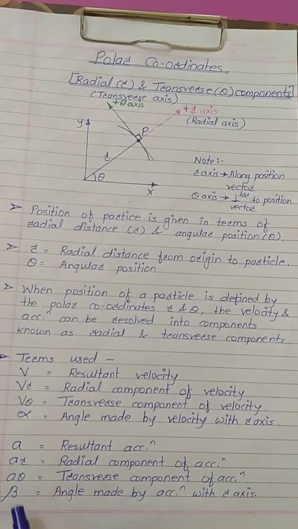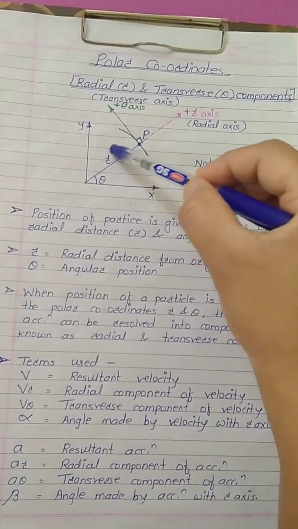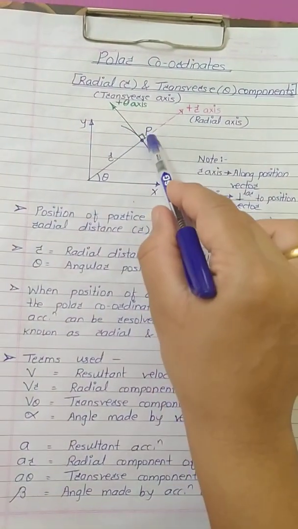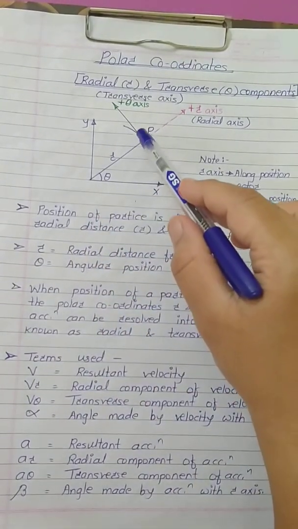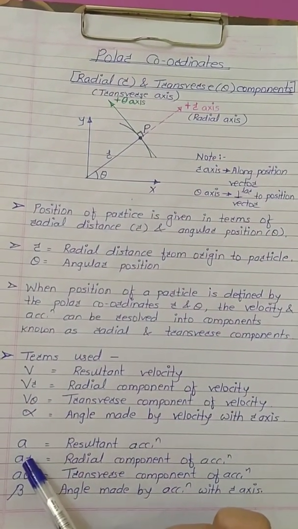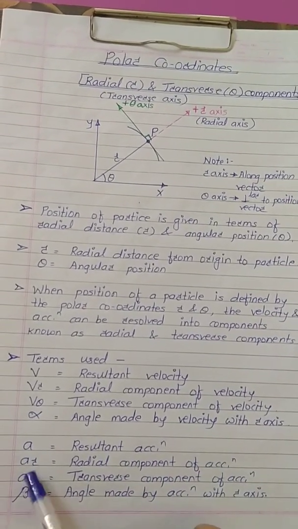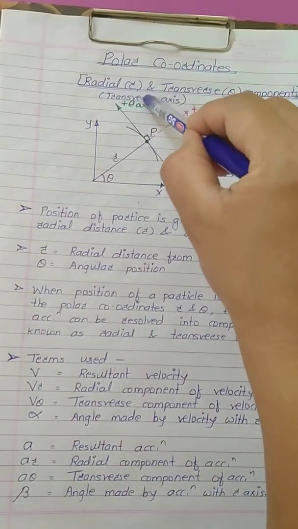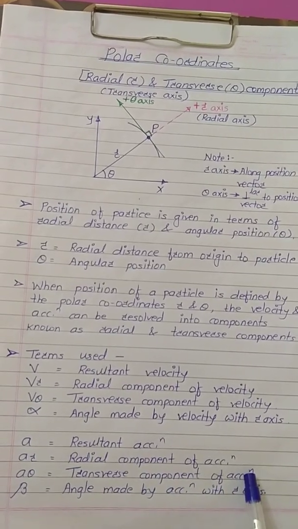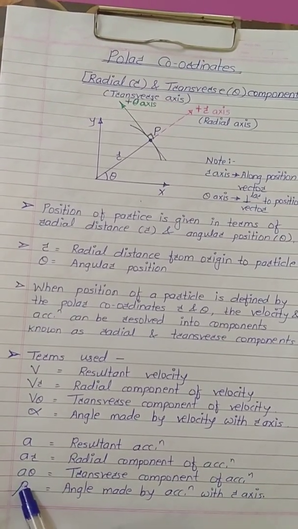Let us consider we want to calculate angle of velocity with respect to r axis, so that angle will be considered as alpha. Now similar to this velocity, acceleration on curved path will be inside this curve, and a is resultant acceleration. Now this resultant acceleration again can be resolved into two parts, along r axis and along theta axis. The component along radial axis will be considered as AR, which is radial component of acceleration, while the component along theta axis, that is transverse axis, will be known as A theta, which is transverse component of acceleration. Now if you want to calculate angle of acceleration with respect to radial axis, let us say it is beta.